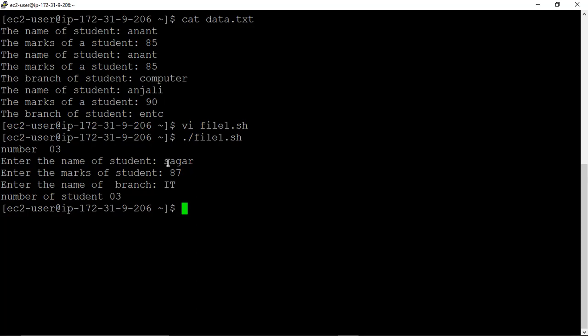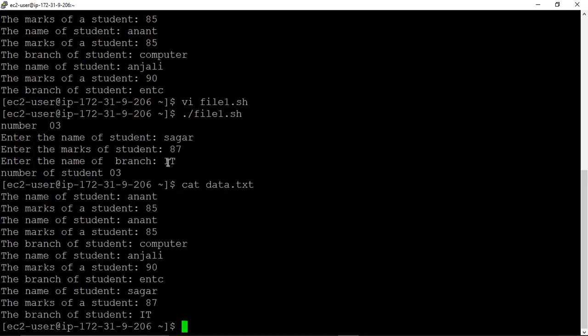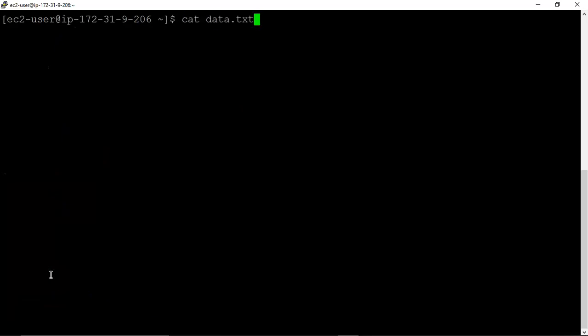Students, we have not concatenated the file. Okay, so first we check what is a change in data.txt file. Oh, we have not written a cat after number command, so it is not printed here. Okay, so we do that correction.